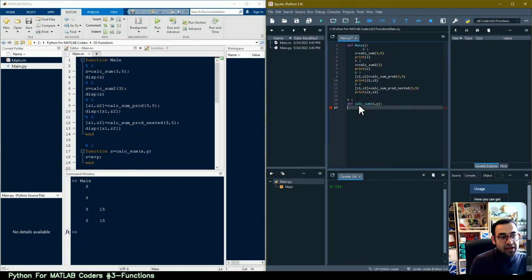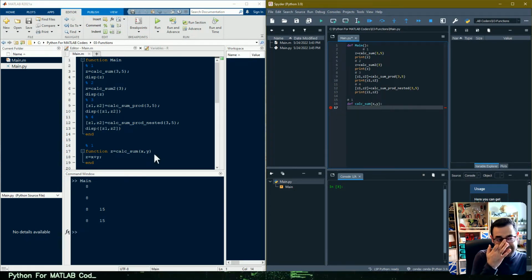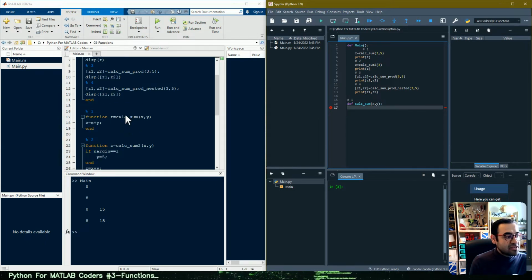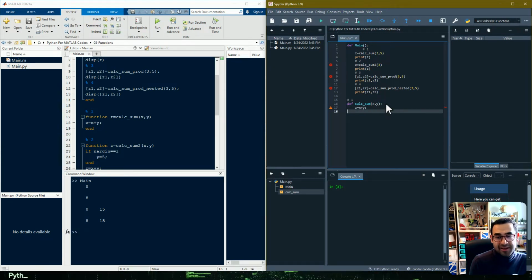We defined calc sum. It takes two variables. As you can see here, it is somewhat similar to MATLAB syntax, but instead of function we use def and we add a colon at the end of the line, and then we do the simple operation. As you can see, z is equal to x plus y, which is the same in MATLAB. It doesn't matter if you add this semicolon or not in Python,